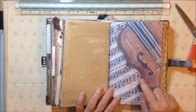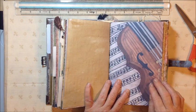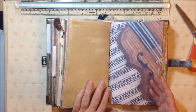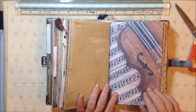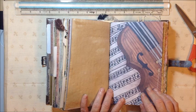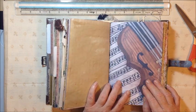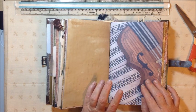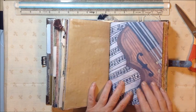Okay, this is the page that my daughter Colette drew. Hi, Colette. And I gotta tell you, she is an extremely talented artist, and she doesn't give herself enough credit. She has gone to school for, and she's going to correct me if I say this wrong, I think it was computer or video game design, something along those lines. But anyway,